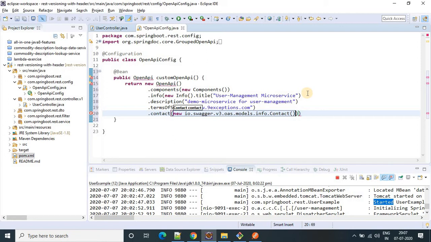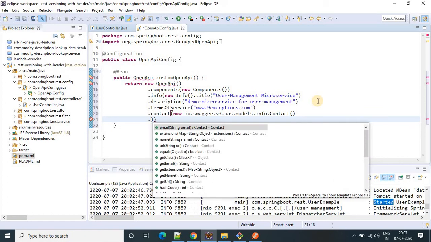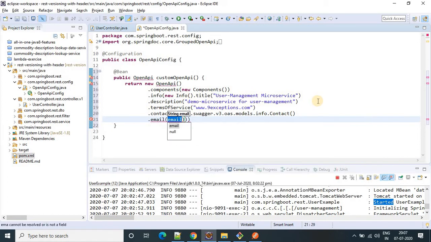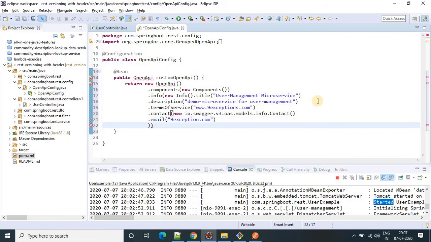Now after that what we have to do? If you want to provide an email, you can provide the email, right? 9exceptions.com. Now if you want to provide a name, then provide a name. Name as, suppose, my name Dheeraj, or not Dheeraj, anything, let's suppose user management.